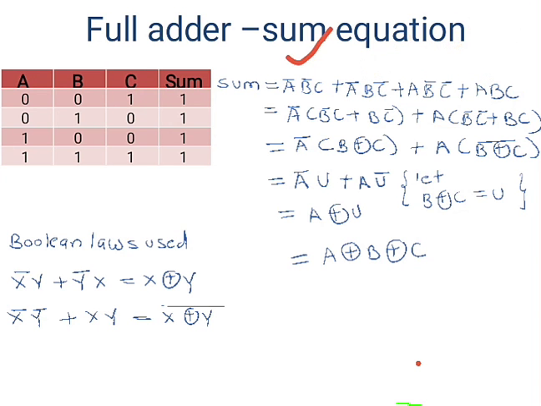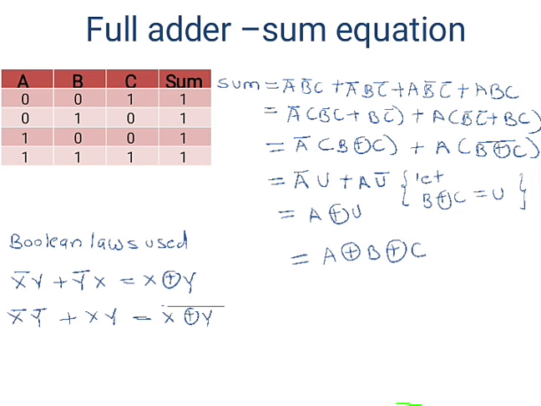Now let us take A bar common from these two. So in bracket, B bar C plus B C bar. From these, A as common, so you will get B bar C bar plus B C. Now you know that X bar Y plus Y bar X is equal to X XOR Y, and X bar Y bar plus XY is equal to X XNOR Y. So I have used here B bar C plus B C bar is B XOR C, and B bar C bar plus B C is B XNOR C.